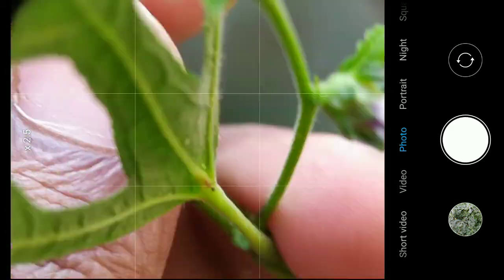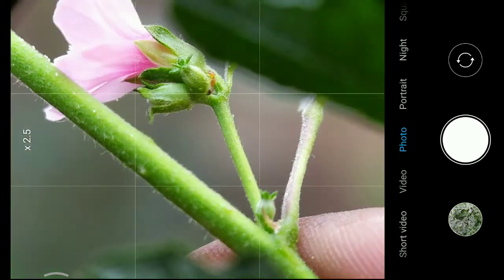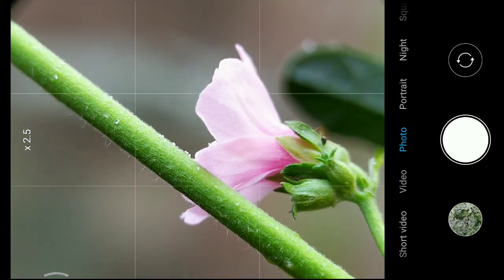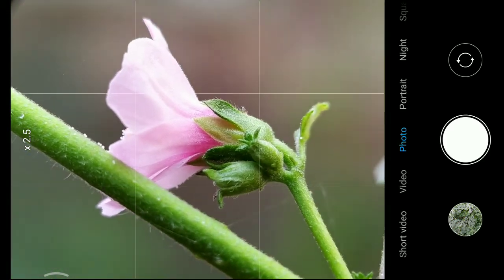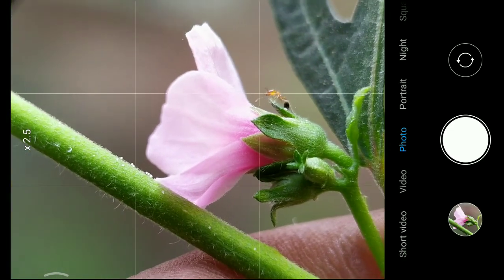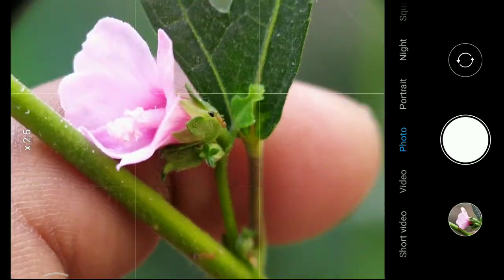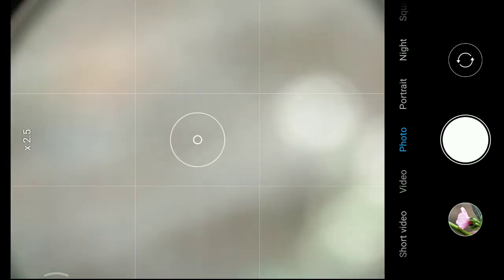So when you are using a photo lens with only 2x zoom or 1.7x zoom, what you should do is go close to the object, and you can see I am getting a totally flat background here. When you are using 1.7x or 1.8x zoom, you are not getting a proper flat background, you are getting a hazy type of background. So that time you should zoom 2x to 2.5x, when you can get a proper background for macro photography.